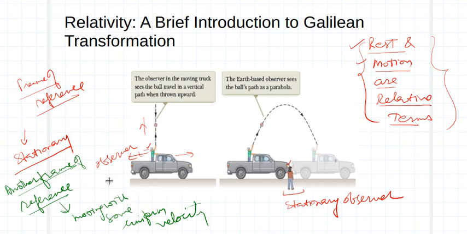And if we are observing some point object from these two different frames of reference, then things seem to be different. Then how these two frames of reference are related to each other, how coordinates seem to be different,